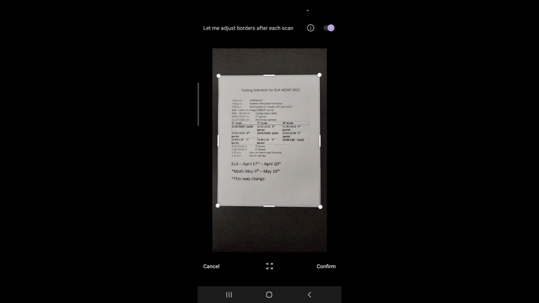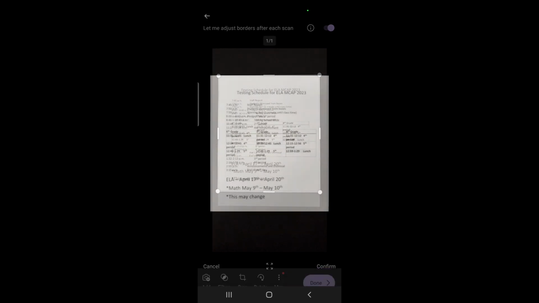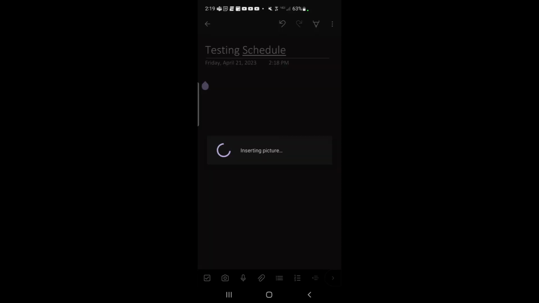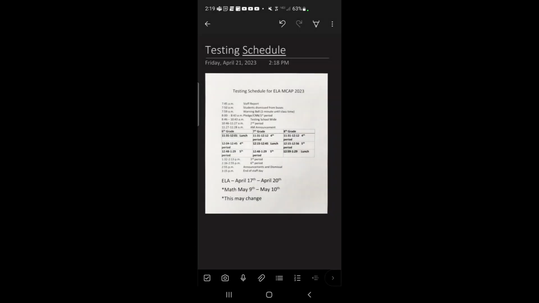I'm going to go ahead and take a photo of that. And you can crop it as needed, so I'll crop it a little bit. And I think it's relatively straight. I'm going to go ahead and save it by clicking confirm, click done, and then I have now just taken a photo and added it to a page in OneNote on my phone, which you'll see in a second is now on OneNote on my browser. So that's one really cool thing you can do with OneNote if you have OneNote added to your phones.